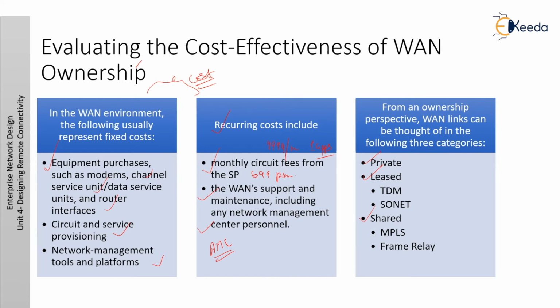Now come to leased line. A leased WAN uses dedicated bandwidth from a carrier company with either private or leased terminal equipment. The provider provisions the circuit and provides the maintenance. However, the company pays for the allocated bandwidth whether or not it is used, and operating costs tend to be high. Some examples include TDM and SONET circuits.